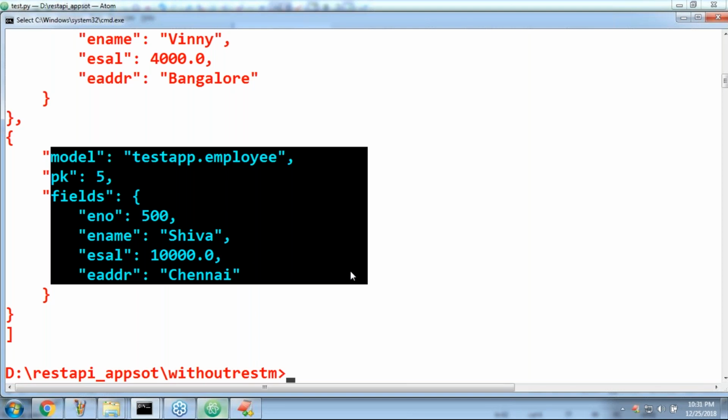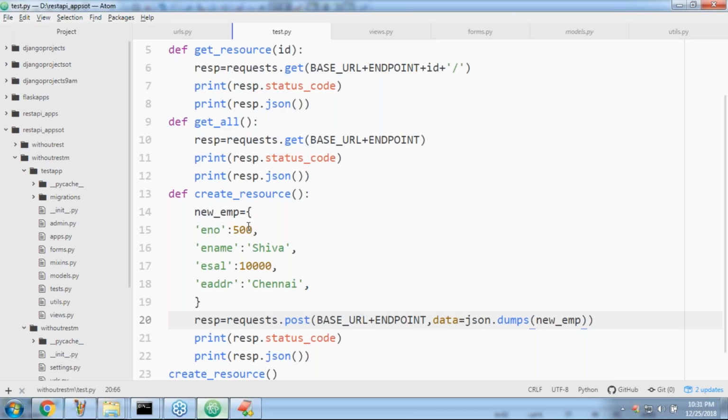Don't worry. Okay. Now validation fails for that record. Let me try to insert. 600 I'm taking. Employee name, some Mallika I'm taking. Salary is just 3000 only. Okay, Mallika from Mumbai, like that I'm taking. Now can you please tell whether this data will be inserted or won't be inserted? Please confirm according to our view function logic.